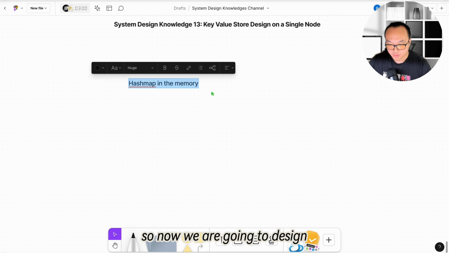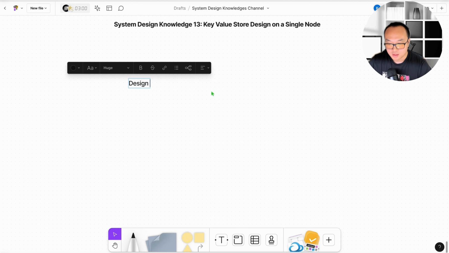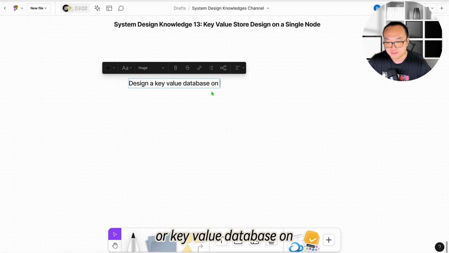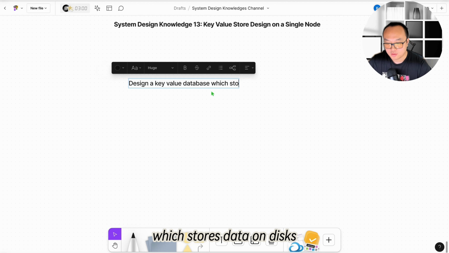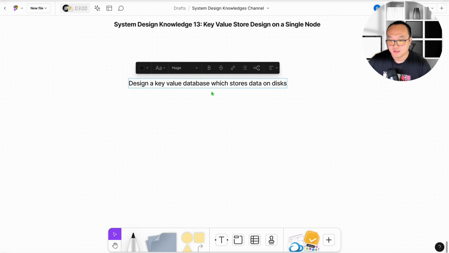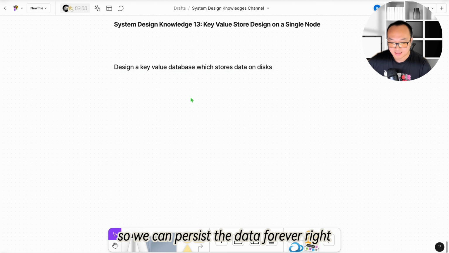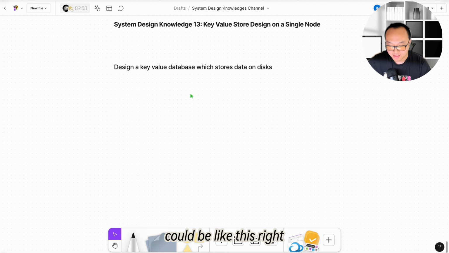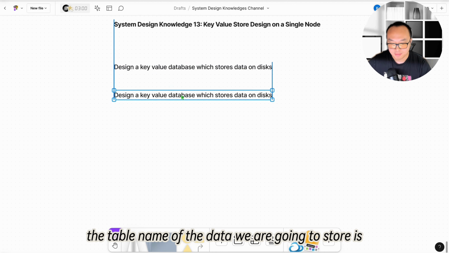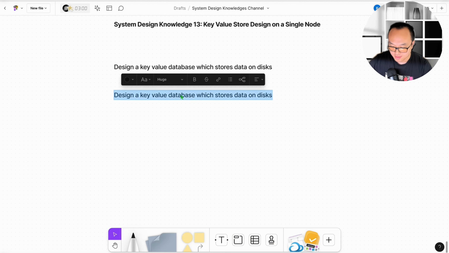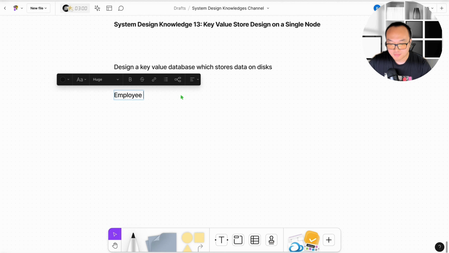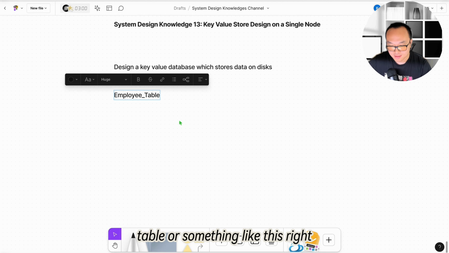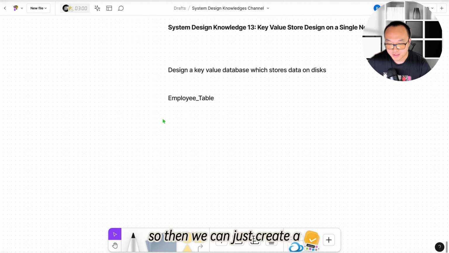So now we are going to design a key value store, or key value database, which stores data on disks. Okay, so we can persist the data forever, right? Okay, so the most naive way we can do this could be like this, right? So let's say the table name of the data we are going to store is, let's say, employee table or something like this, right? So then we can just create a